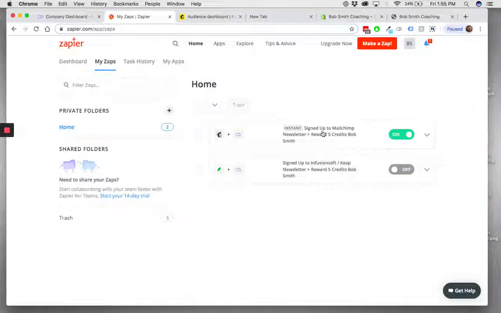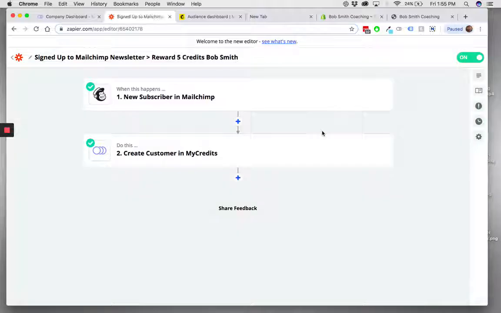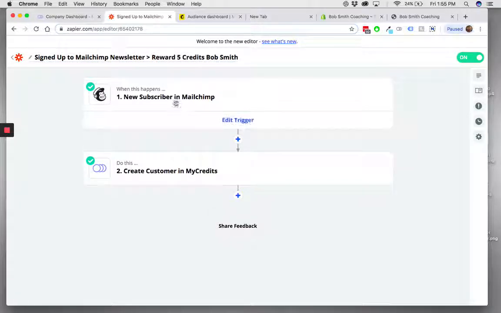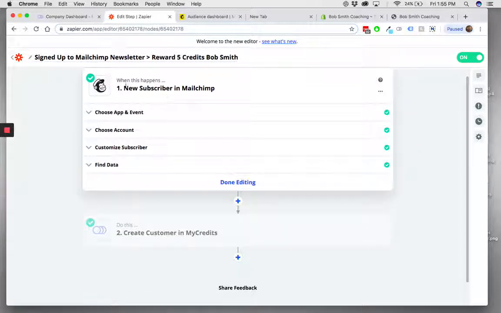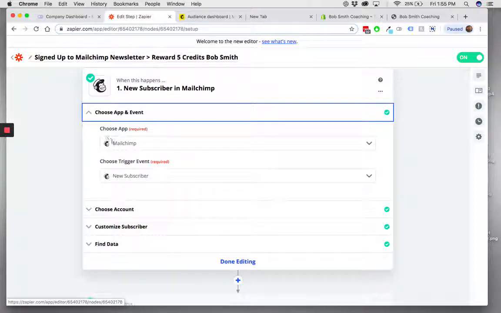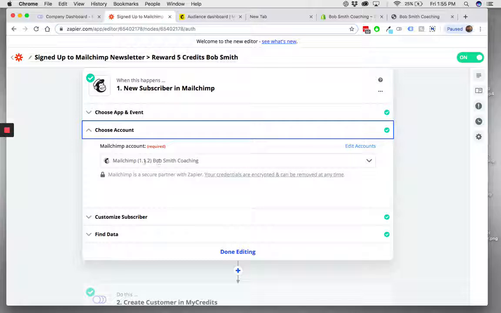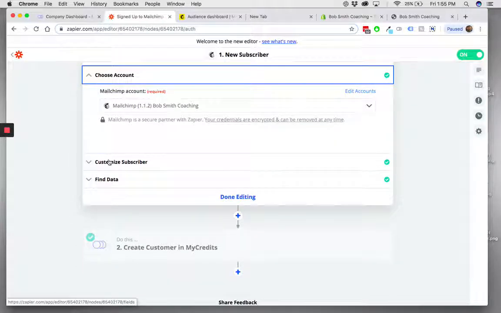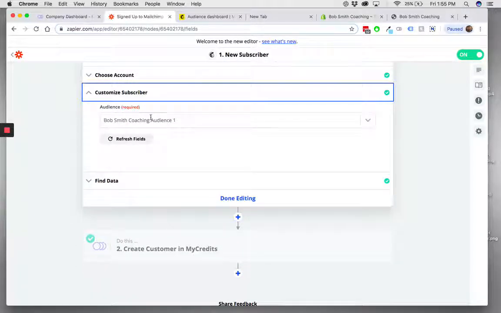I'm just going to click here. So here it is: sign up to MailChimp newsletter, reward 5 credits, Bob Smith. All I'm doing is setting up your Zap as you would any other Zap. I have my MailChimp app connected. I'm choosing if they're a new subscriber, and then I choose the proper account, and then you choose the specific